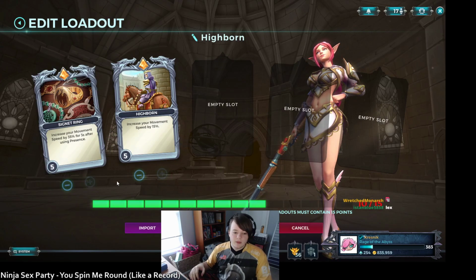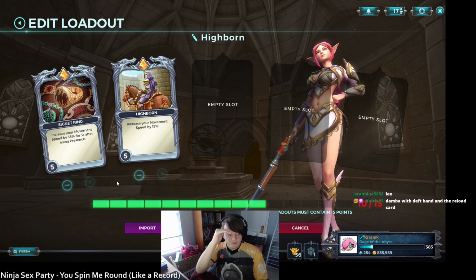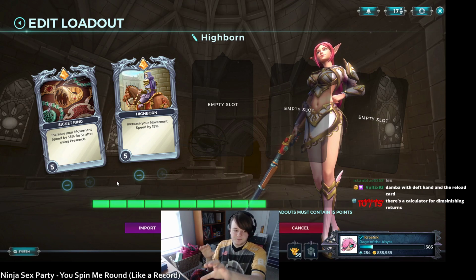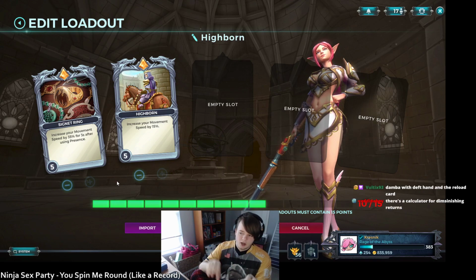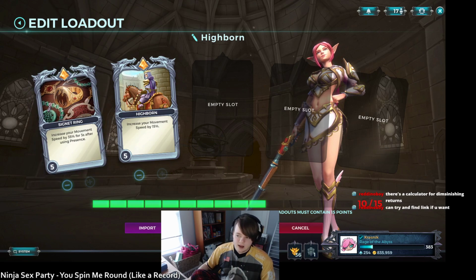Both these together will not... I will not be moving 50% faster after I use presence. I will never do that. It will take the higher value, and then it will diminish; it will not be a straight additive. It will be slightly lower. So, Signet Ring, that ability will count first because it's 35%. And then Highborn will add maybe...